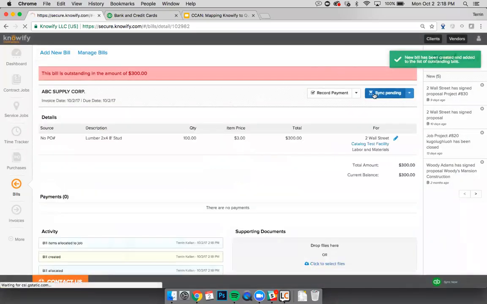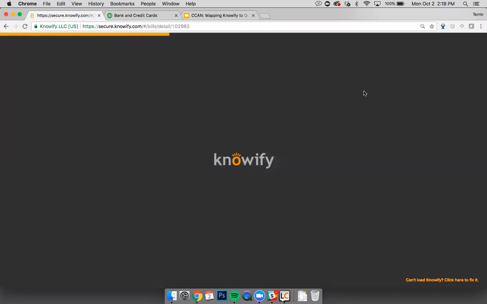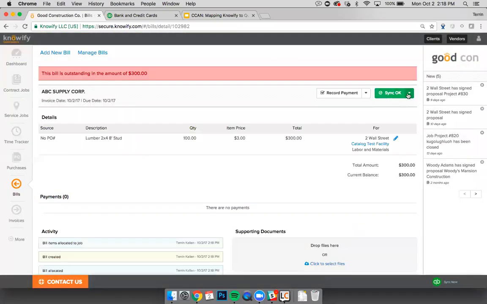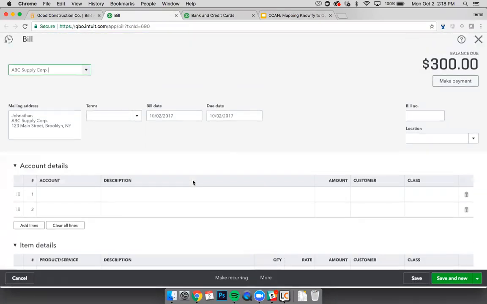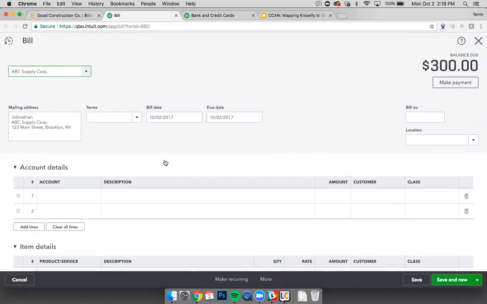I can see right now this thing's pending. I'm just going to refresh the screen. It'll show me if it is actively synced with QuickBooks. Of course it is. Now, we have ABC Supply set to job materials, so I'll see that that overrides. And of course, I can record payment in,